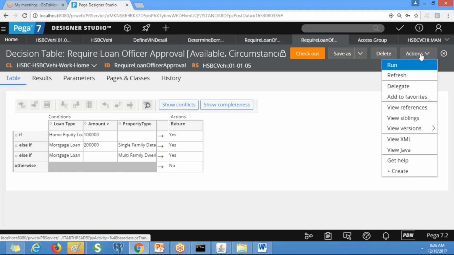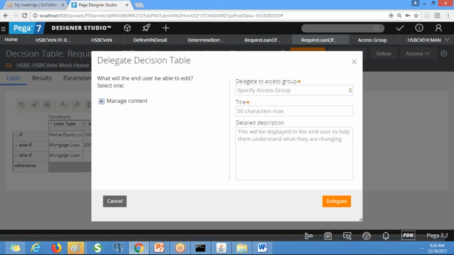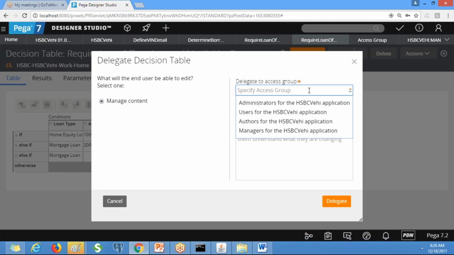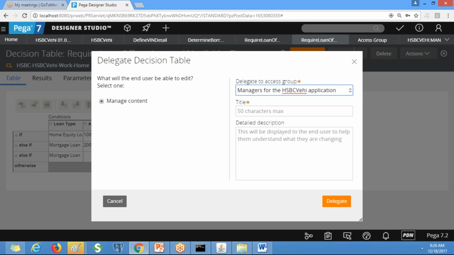Yeah, this is the one, right? In the actions drop down, Delegate says specify access group, managers for the HSBC vehicle application, and title. What does this decision table define? It requires a loan officer, right?